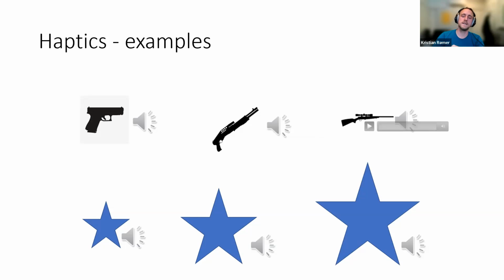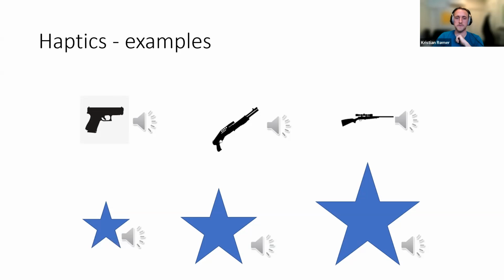And then the most abstract, to try to push the boundaries, we created different types of vibrations for the different types of sniper rifle. This one is very specific because it also uses the spatiality of the controller. So it actually starts on one side, goes to the other, and back to the first side again. And this creates a sense of a jerky movement in the hand, as if the sniper is a bit hard to control. So of course, this sounds a bit weird when you hear the audio from it, but you can still get a sensation of how this vibration would feel in your hands, hopefully.